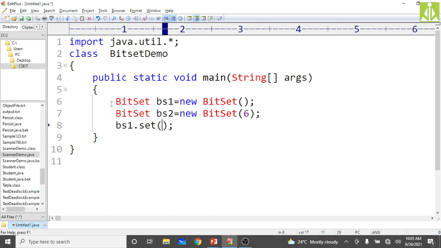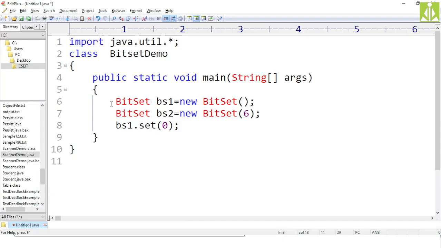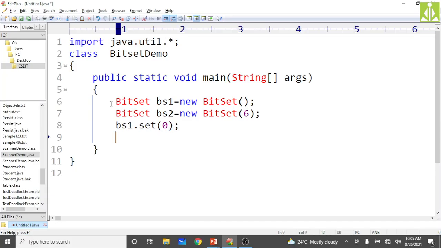So the first element I am assigning 0. Then the second element, bs1.set(1).